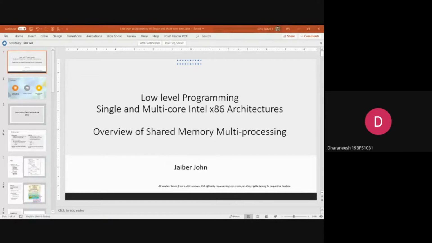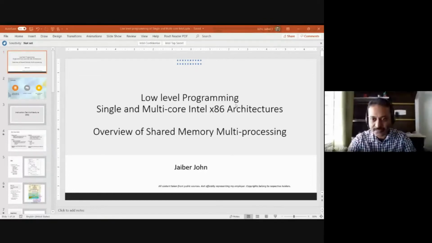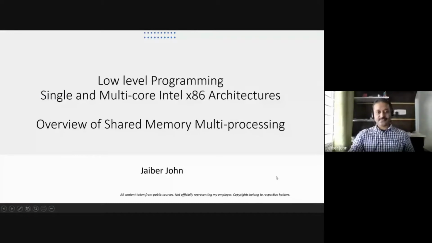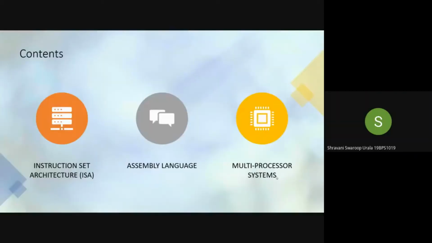Yes, sir. We're able to see this. Okay, so let me try to make it full screen. All right. All right, so it's full screen. I cannot see you, but I hope you can see me and the slides. Yes, sir. Okay,